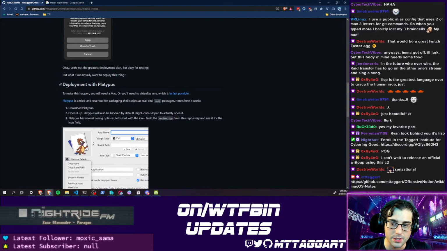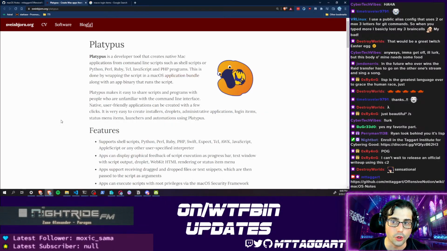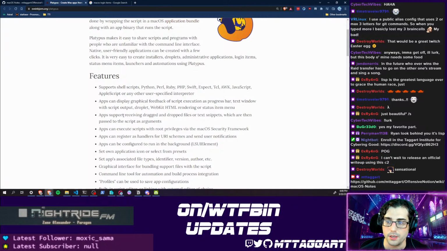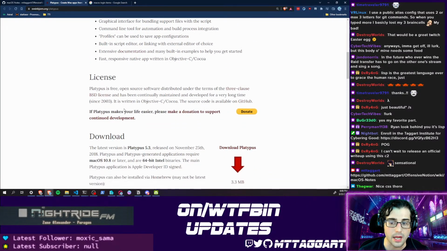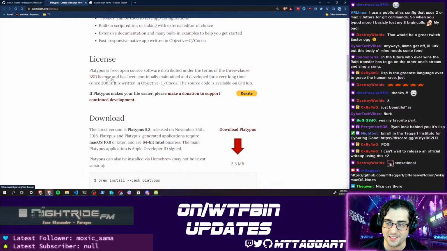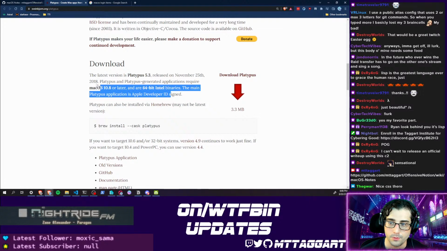The solution is this tool called Platypus. And Platypus has been around forever. Look at this website. You gotta love the open source Mac community. They haven't changed since 1998. And what do we have going on here? So what Platypus does is it's designed to take shell scripts and wrap them into a .app. Of course, it's under the BSD license. It's written in Objective-C Cocoa. It has not changed in a long time. The latest version was released